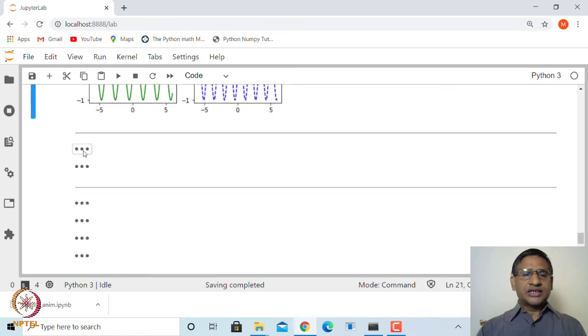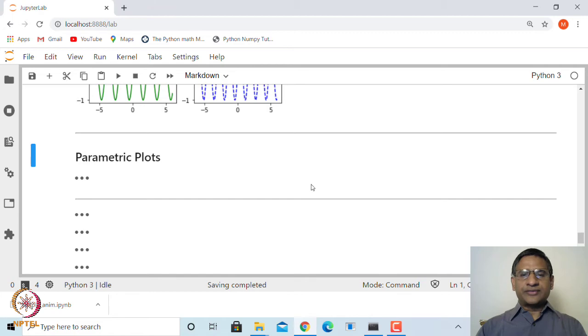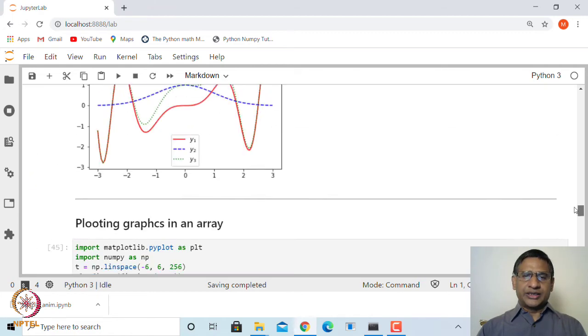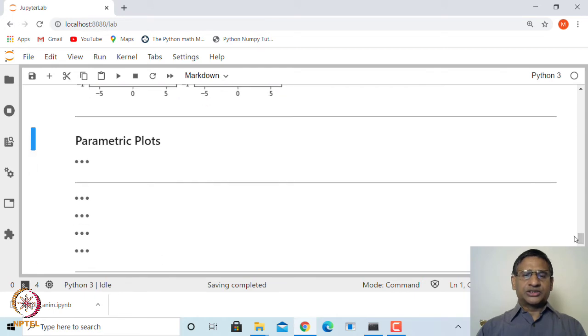Next, let us look at how to plot the graph of a curve defined by parametric equations. The x coordinate is defined as f of t, the y coordinate is defined as g of t, and you want to plot x(t), y(t) for t in some interval a to b.